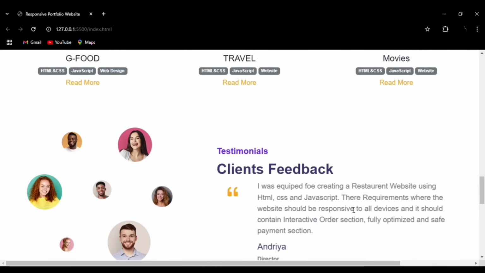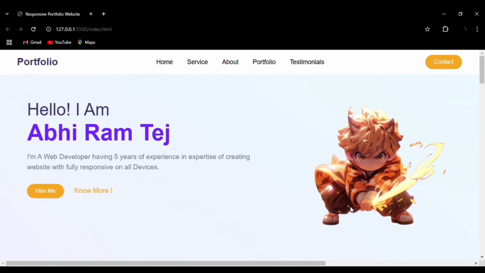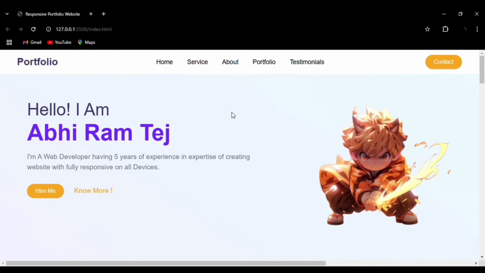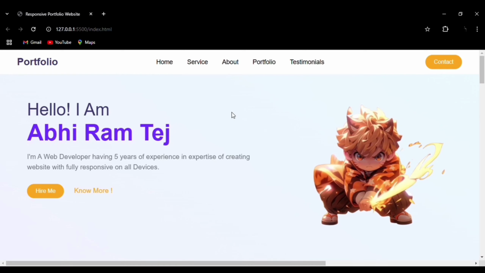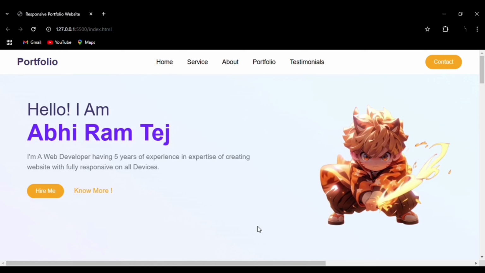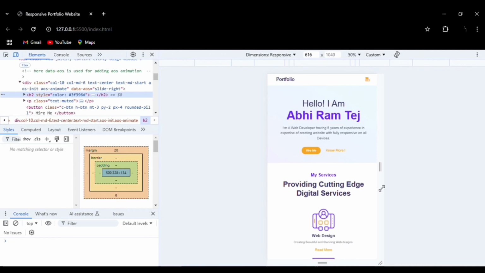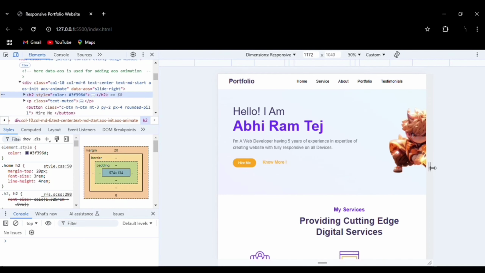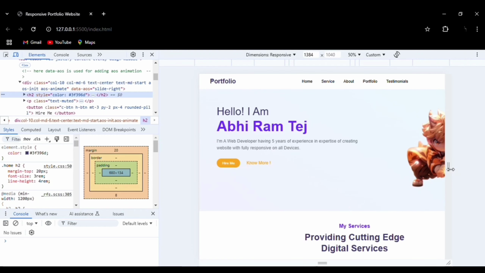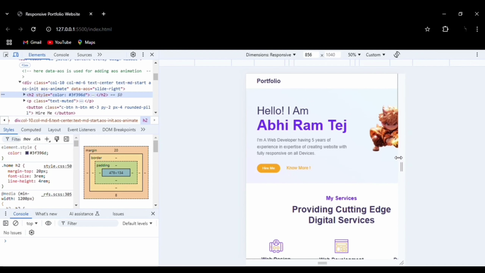All rights are reserved. This website is entirely responsive, that is, it is available in the mobile version as well as the tab version also. Let me show you. So first let me show you the desktop version. Here, this is the desktop version. Then if we slowly move on,